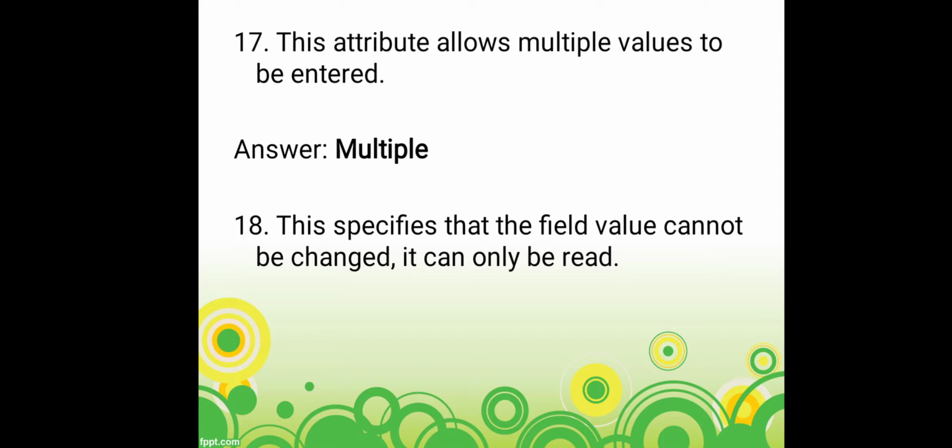Now here in the question itself there is an answer. What is expected? An attribute which is used only to allow the user to read the value. You cannot make any changes, right? So the correct answer is readonly, and students, readonly is a single word. I can see answers here where they have given read space only. No, the correct answer is readonly, a single word. Many of you have written readonly, correct it is, but you have given a space. So the computer accepts it as a wrong answer.